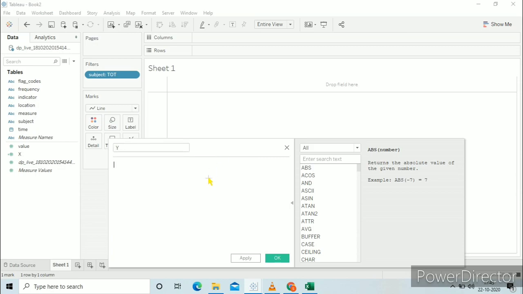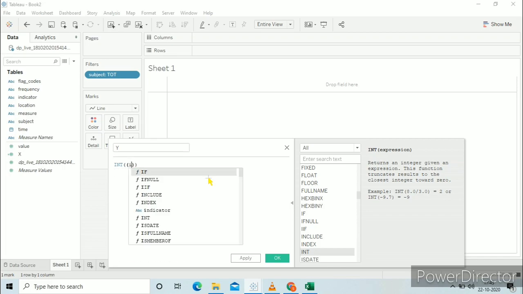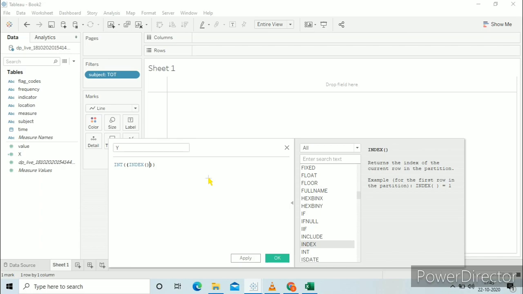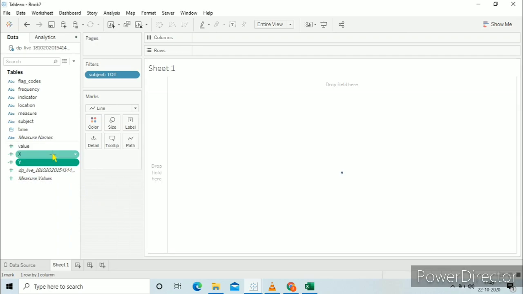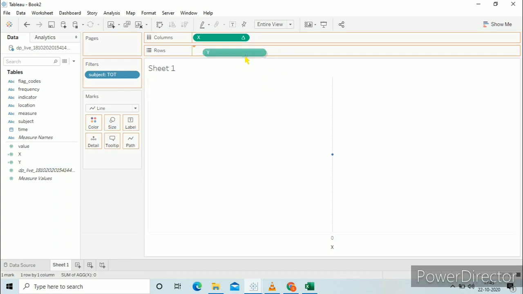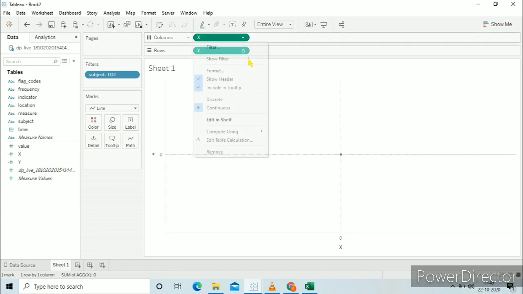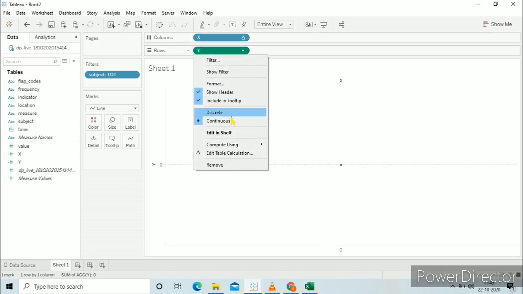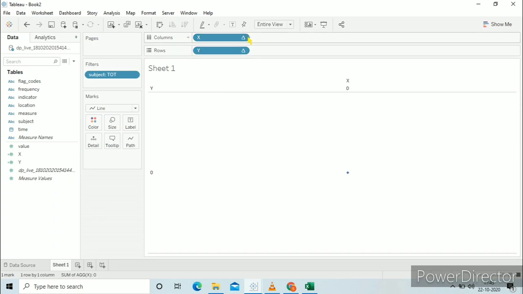Then create a new calculated field, name it Y. In it you have to write int of index minus 1 divided by 6. Click on apply, OK. Now drag this X to the columns, drag Y to the rows, convert X to discrete and convert Y to discrete.